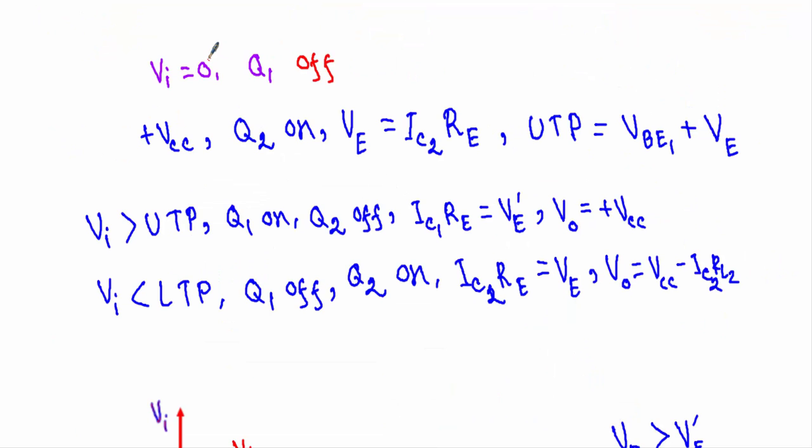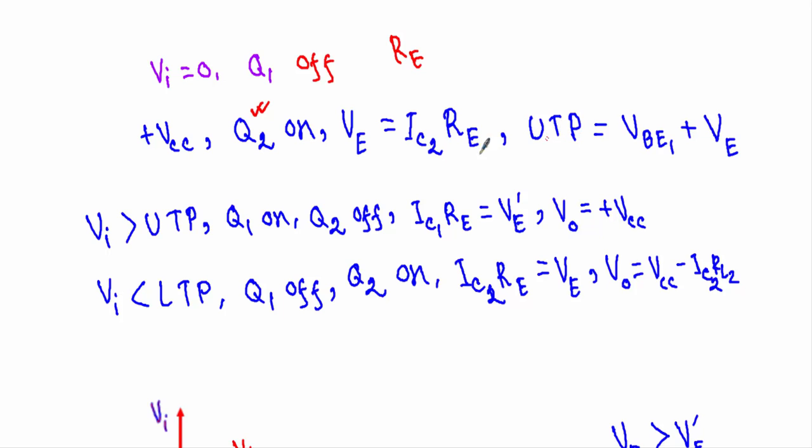Now let me summarize the operation of the Schmitt trigger circuit in 4 lines. Initially our input voltage was equal to 0, therefore transistor Q1 will be in off state. At that time I have supplied the VCC voltage in the Schmitt trigger circuit, which will turn the transistor Q2 in on state. Therefore I will get a collector current IC2, and it will create a voltage drop IC2 RE across the RE resistor, which will create a reference point VBE1 plus VE, and that voltage will be known as our upper